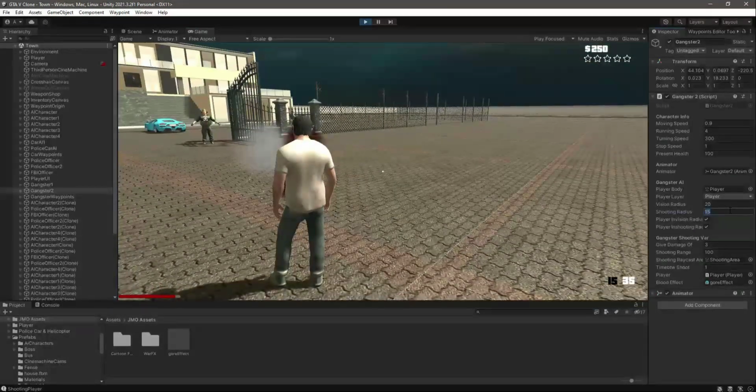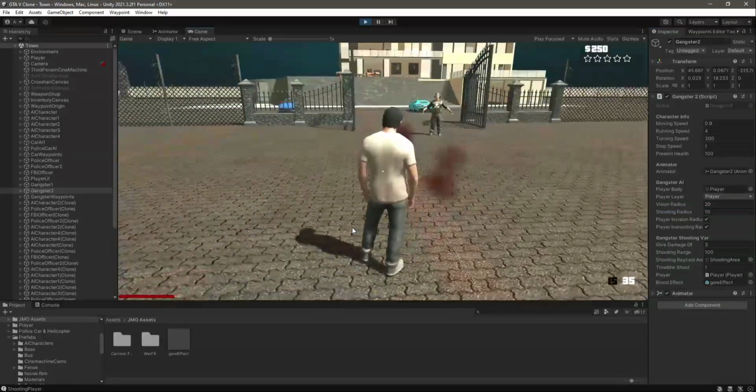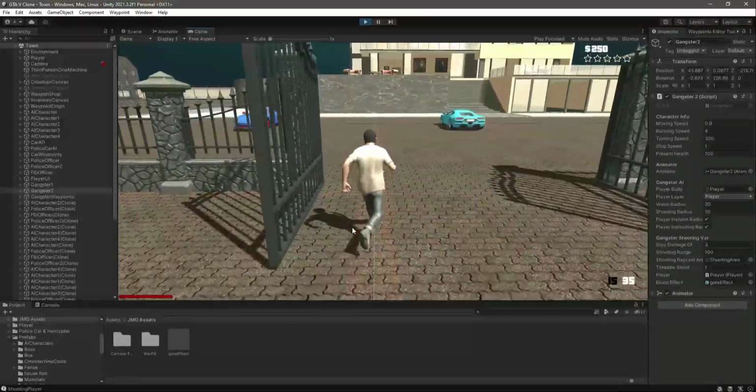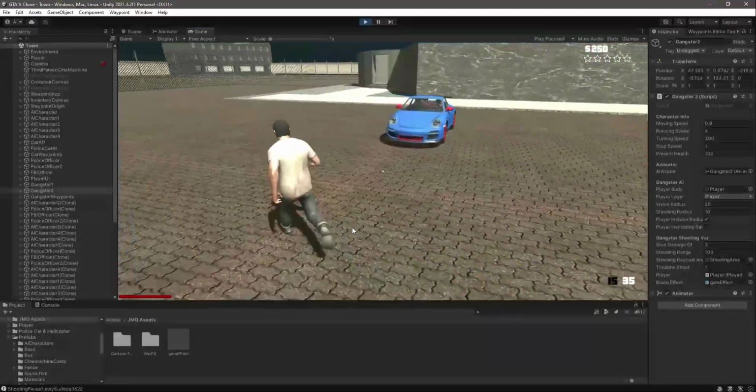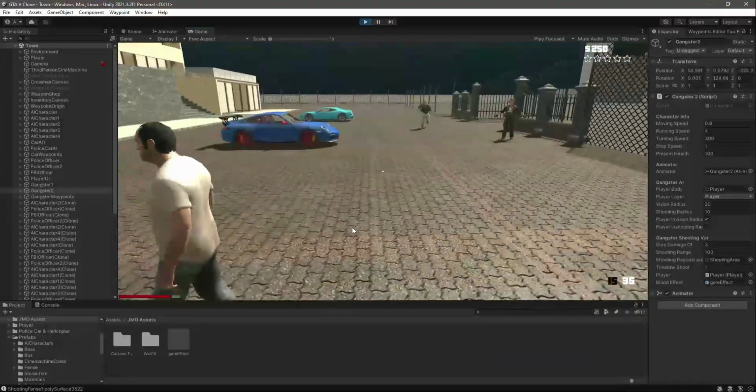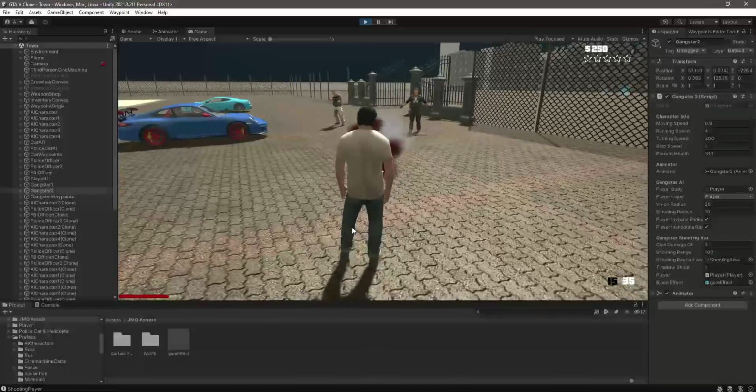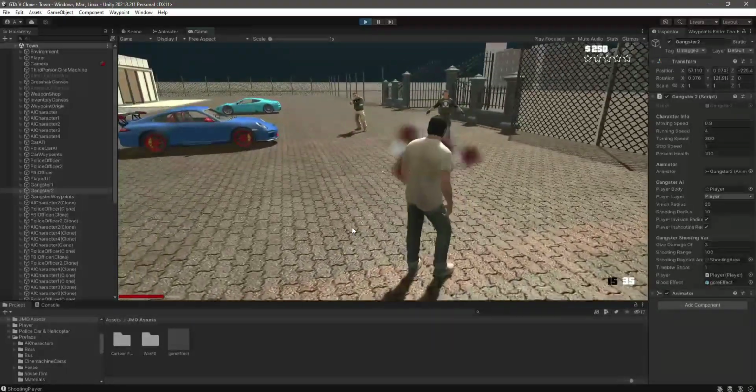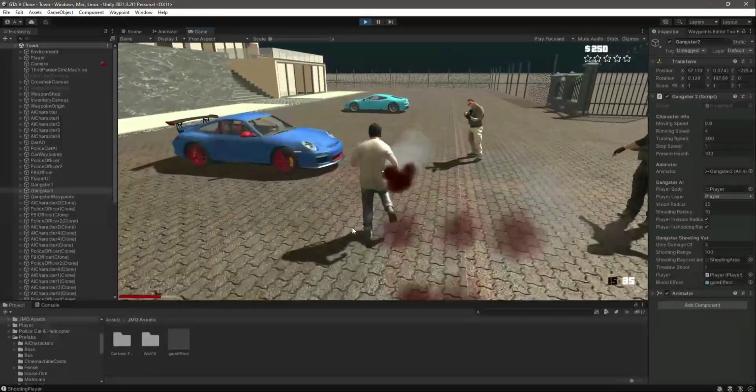If we decrease the shooting radius to 10, now as you can see he is chasing the player, and now as you can see he can also damage the player. So if you move away from him, as you can see they both are now chasing the player and they are now shooting the player, as you can see. Okay,